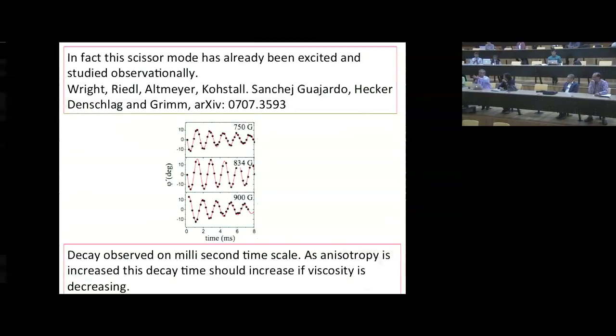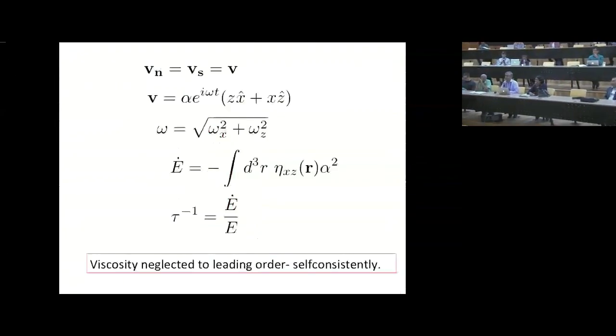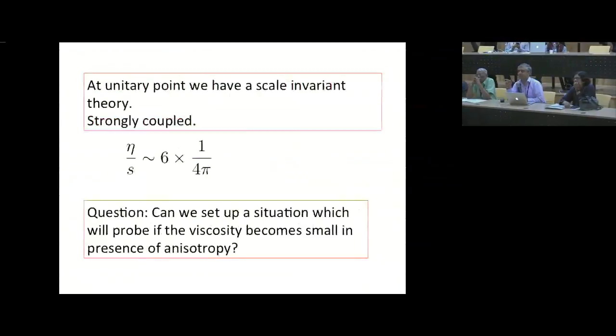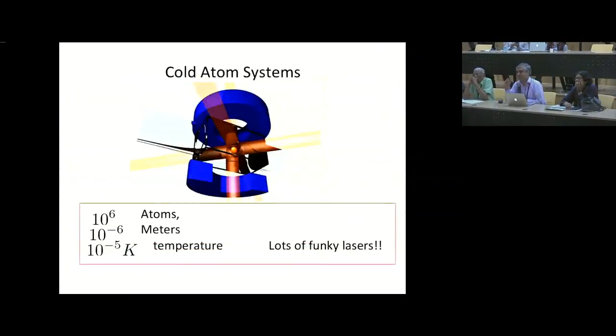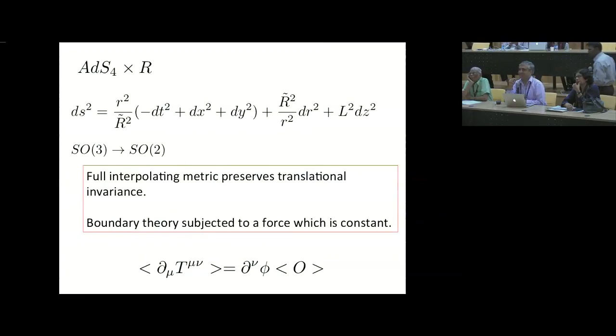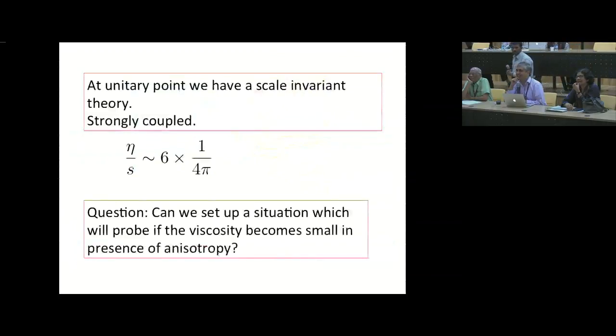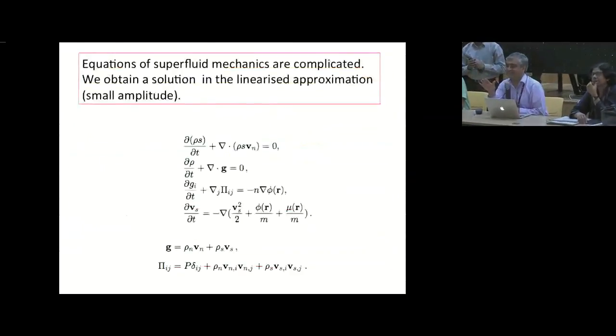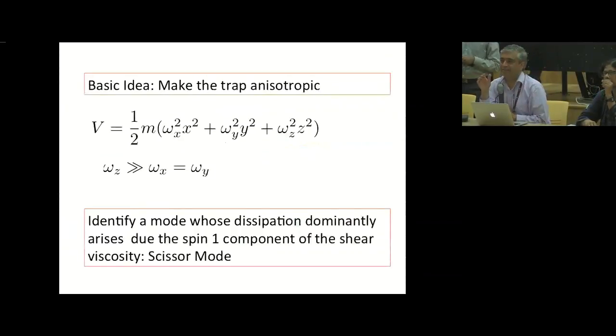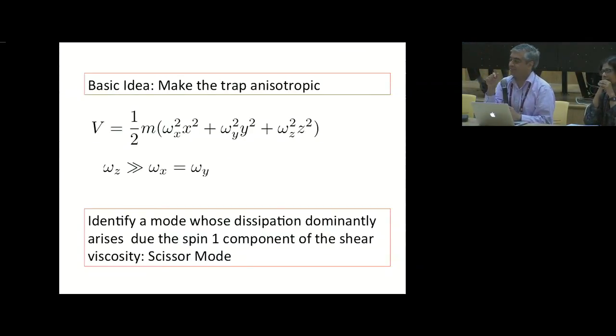Could you go back to the slide where you had the geometry? Right, okay, so next forward. Oh, I'm going down. I'm sorry. Okay, there. Just one. So omega z, okay. So the idea is you have a trap that's almost like a pancake? Is that right? And then what is the direction you're looking at the viscosity?